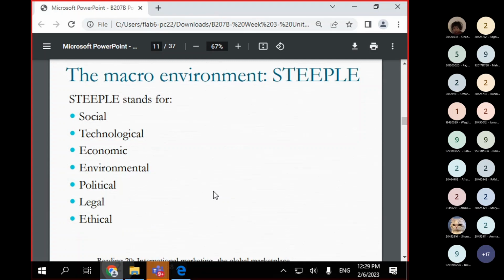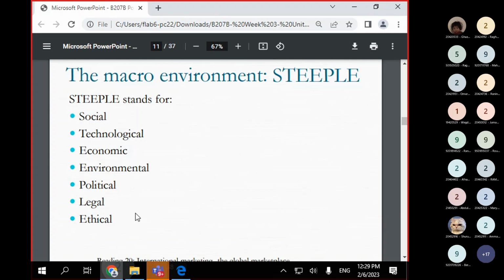So now, before going to a new country, you have to understand the external factors of this new country. And this is something that I'm sure you have already seen, the macro environment. Maybe you have seen it as a little bit different than this term. You have seen it as STEP factors, right? We are talking about exactly the same thing here, but right now we are having more factors involved. Okay, so STEPLE stands for social, technological, economic, environmental, political, legal, and ethical factors.